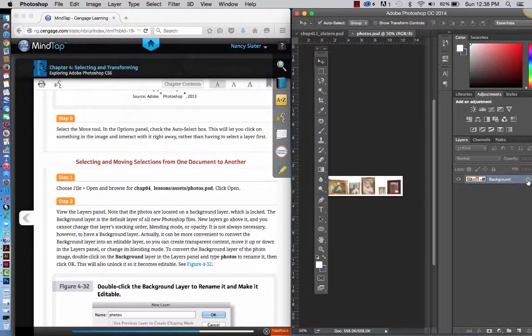And it's not always necessary, however, to have a background layer, but it can be more convenient to convert it into an editable layer so you can create transparent content, move it up or down in the Layers panel, and so on. So to make that happen, we're going to convert the background layer of the photo image. We're going to double click on,